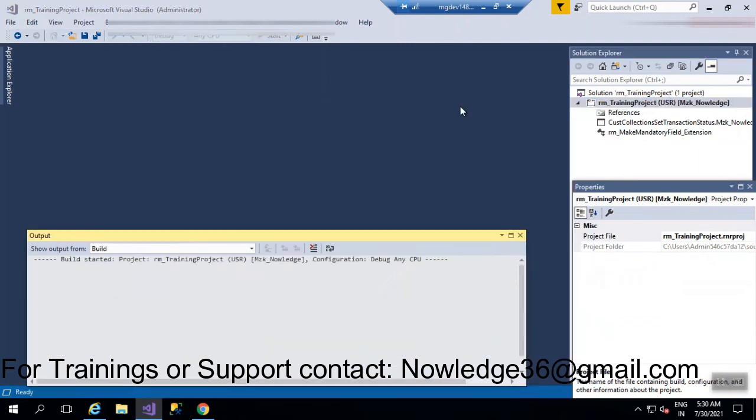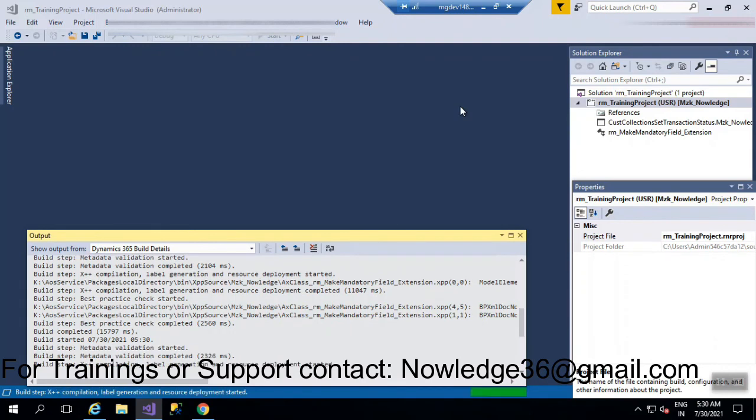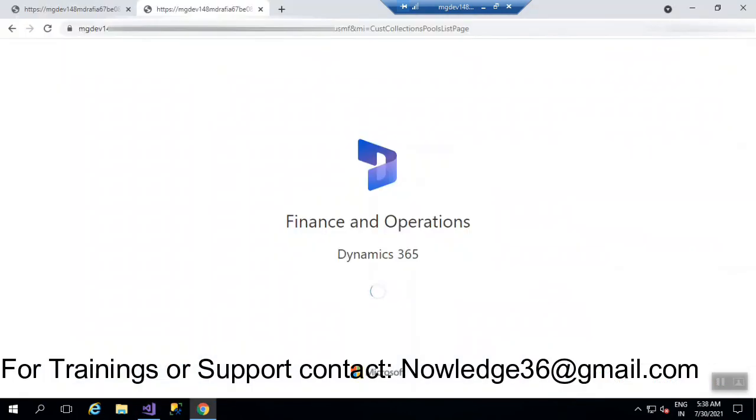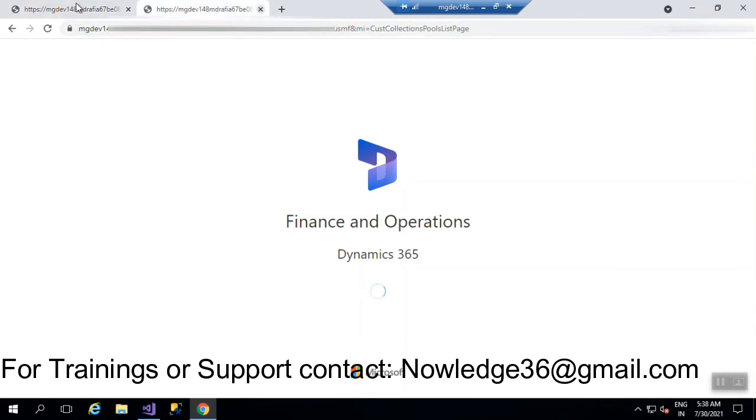After building it, let's see the changes. So after build, the same. Let me close this.